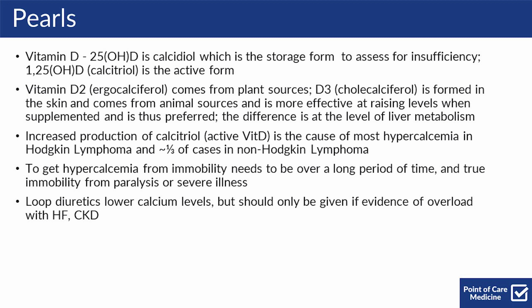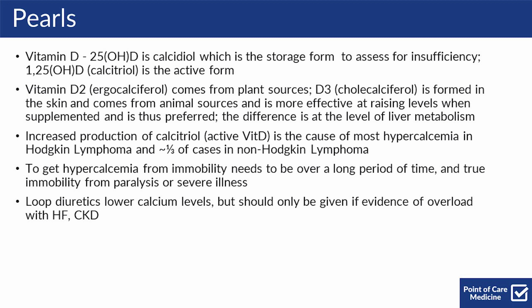Increased production of calcitriol, which is the active form of vitamin D, is the cause of the hypercalcemia that we see in Hodgkin's lymphoma and about a third of cases seen in non-Hodgkin lymphoma. Again, to get hypercalcemia from immobility, it really needs to be over quite a long period of time and from either paralysis or very severe illness. We know that loop diuretics can lower calcium levels, just like thiazide diuretics can increase the levels, but they should only really be given if there's evidence of overload with heart failure or CKD,